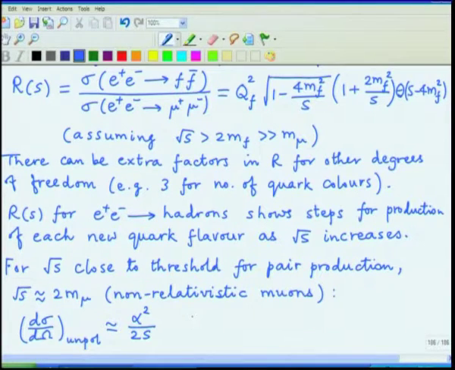The 2 s comes from combining the overall factor with the remaining dependencies of the matrix element. The dominant factor is this square root, which rises from 0 at s equal to 4 m mu square to 1 when s becomes very large, and there is another factor of s square by 4, which I have already cancelled with the overall factor outside to produce this result.